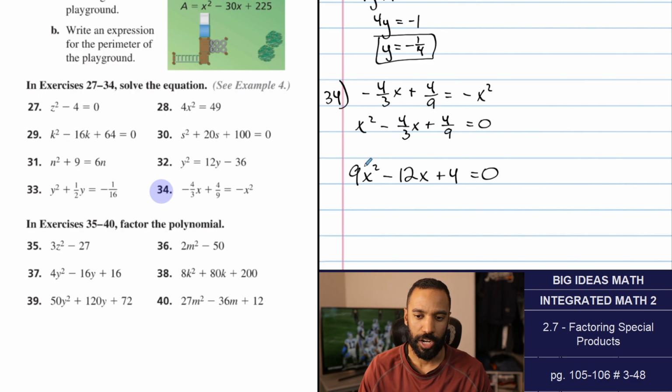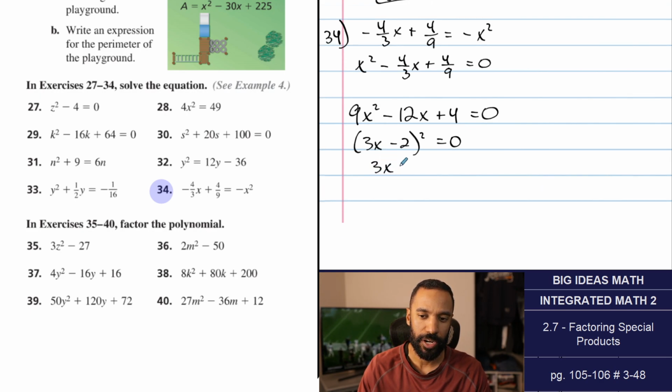Is this a perfect square trinomial? 3x is being squared, 2 is being squared. Are we doubling 3x times 2? Yeah, we're doubling 6x, or negative 6x. So this is going to be 3x minus 2 quantity squared, the minus from that minus. If 3x minus 2 quantity squared equals 0, 3x minus 2 equals 0, we add 2 and we divide by